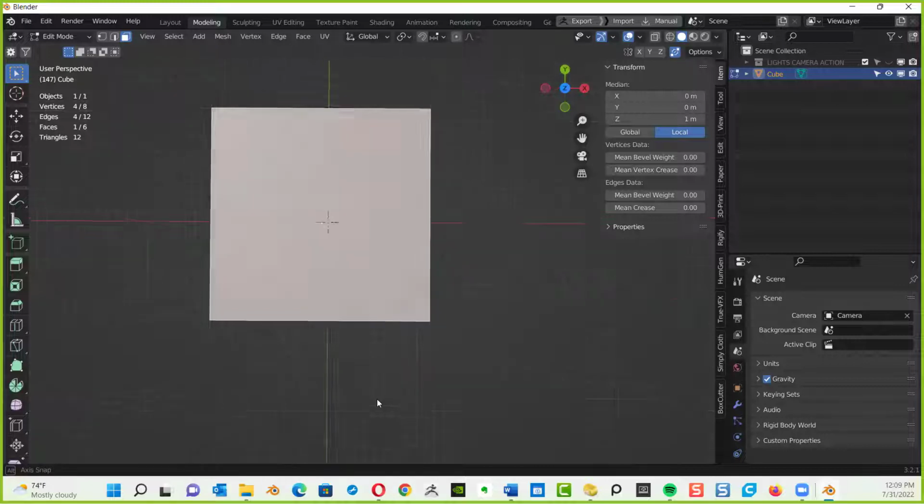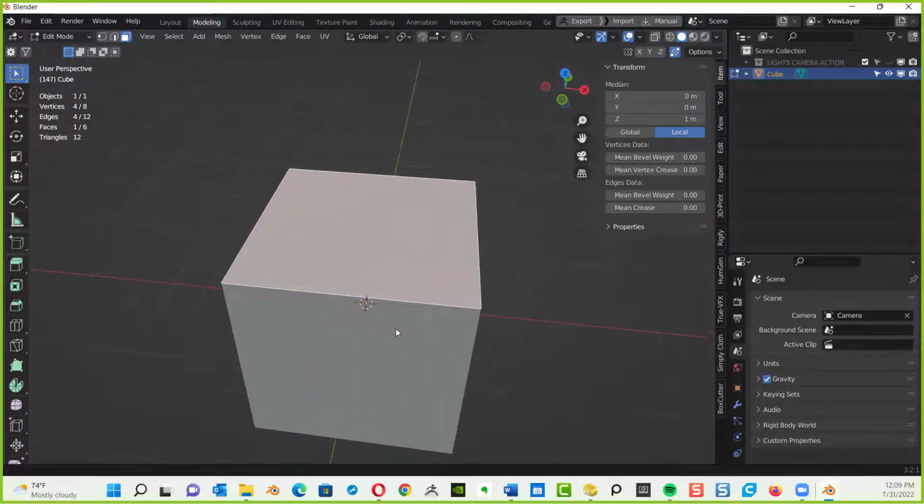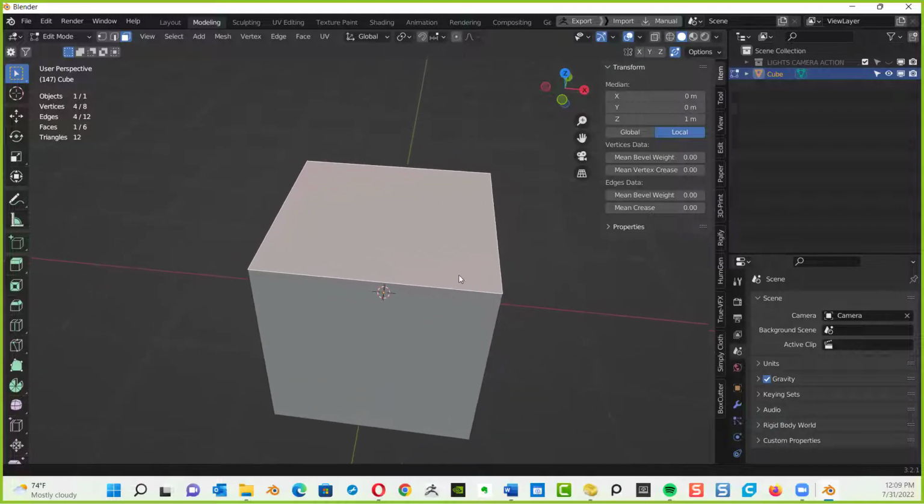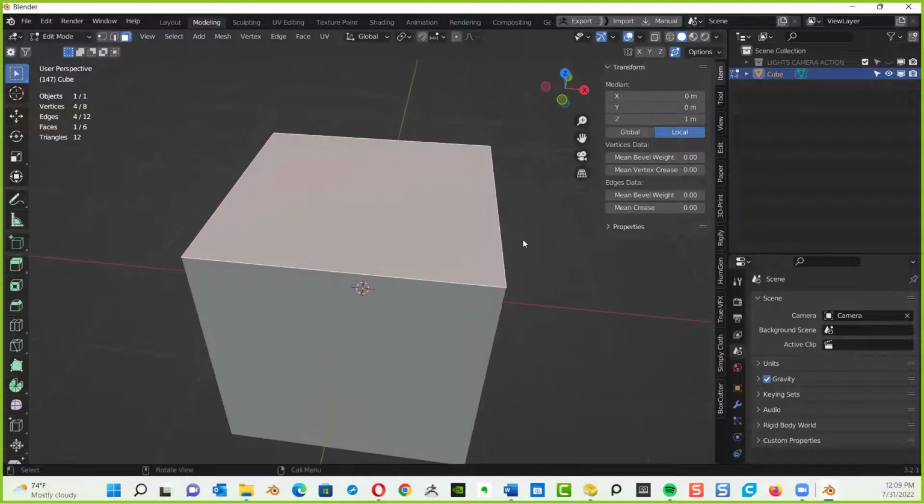Let's do some modeling. All eyes on me. Don't play. I'm going to have you watch me first, and then I'm going to let you guys do it next. You're going to use several tools, but a couple of tools religiously: inset and extrude. So I want to change the top face of my cube, which means I want to inset it in a little bit to create more geometry.